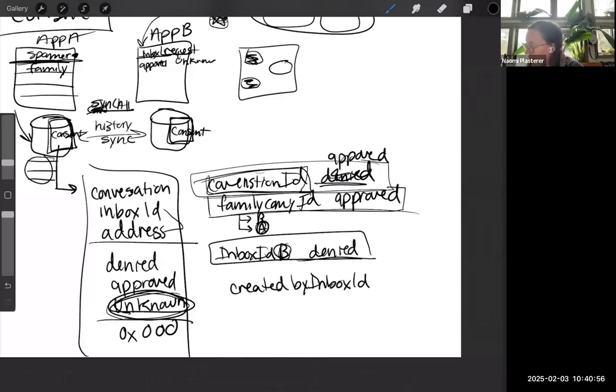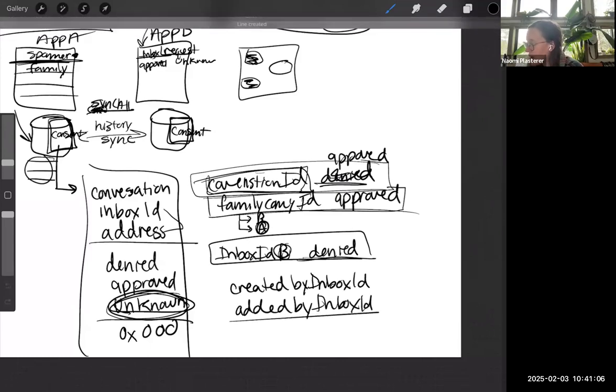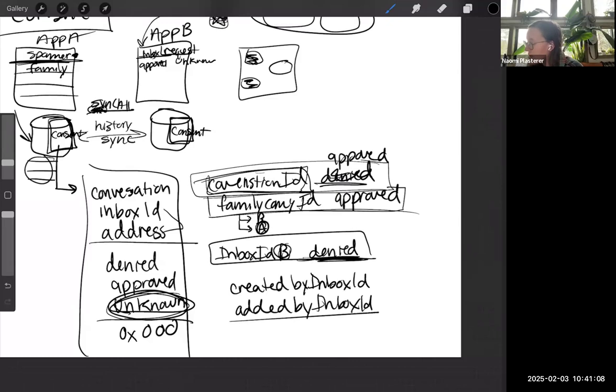And it also has an added by inbox ID. So if you got added to a group, you can ask: was the person who added me to this group somebody I already don't want talking to me? Is the person that created this group somebody I already don't want talking to me? So there are a couple of extra fine-tuning things here for dealing with consent